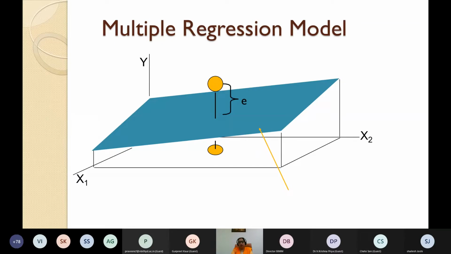So in multiple regression, you don't get a line, you normally get a plane, wherein again you try to minimize the error. As you can see, these are the error points. This is the error, this is the actual demand point, and this is the forecast. So try to minimize the error. And as you can see, the singular impact of x or of y cannot be determined on this plane. This is a combined impact of x1 and x2 on the variation of y.